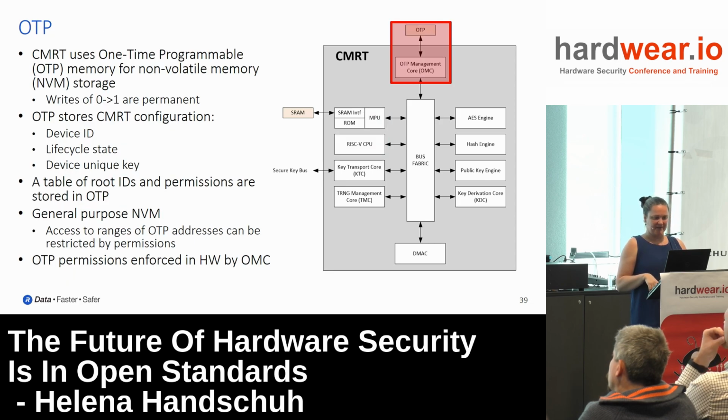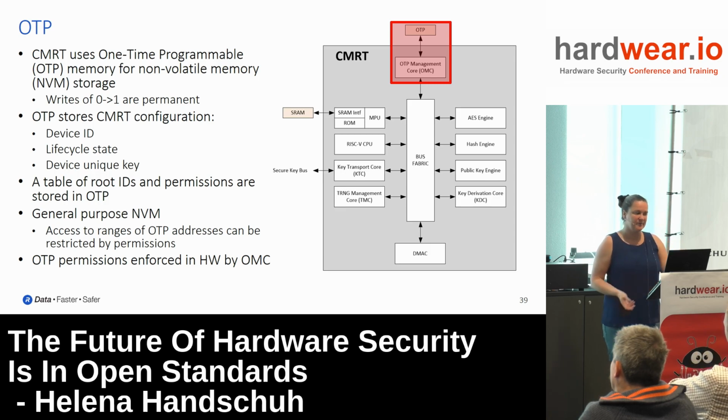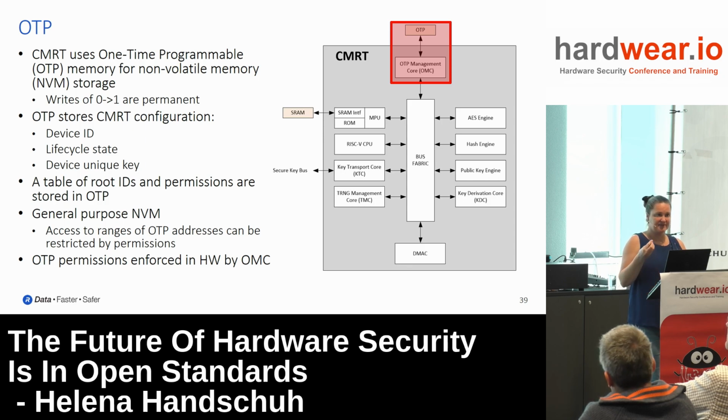Okay, then what else do we have in here? We have some OTP, so one-time programmable memory, which is non-volatile, and this can store different things. Amongst others, what we store in here is the device ID, so that every device is clearly identified. You know which one it is. It has lifecycle state bits, so it tells you which part of the life cycle I am in. Am I just being manufactured? Have I been configured with a root? Have I been passed on to the next owner after the root? Am I at the end of my life cycle, and am I coming back to the factory for debug, for analysis? You can configure all these lifecycle bits.